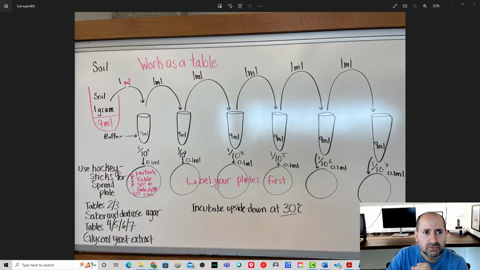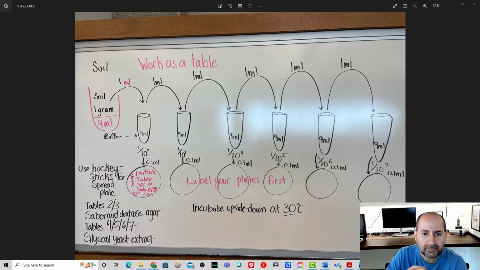All right, now with regard to the soil lab, remember that we weighed out 1 gram of soil, did a serial dilution, and plated that. We plated on Sabouraud dextrose agar or Glycerol yeast extract. What you should know is that Sabouraud dextrose agar is for growth of fungi, while Glycerol yeast is a good growth medium for